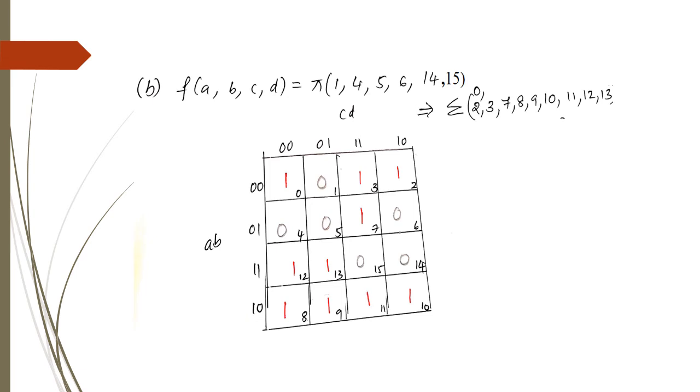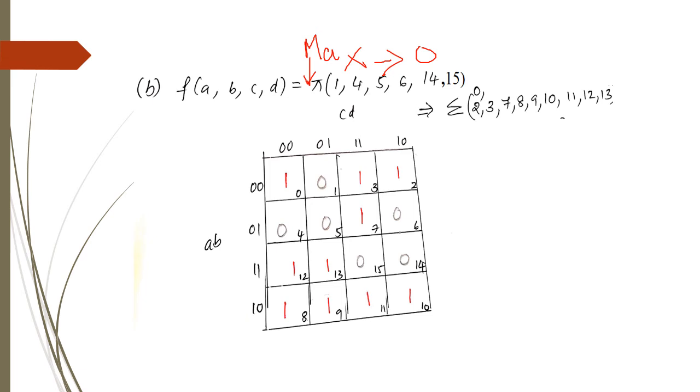This is one more problem, an example for a 4 variable K-map. Here also you are supposed to find the minimal sum, but what they have given is the max term expression. So the maxterm expression is given, and you are supposed to find the minimal sum. First you have to convert this max term, where the output evaluates to 0, to min term.